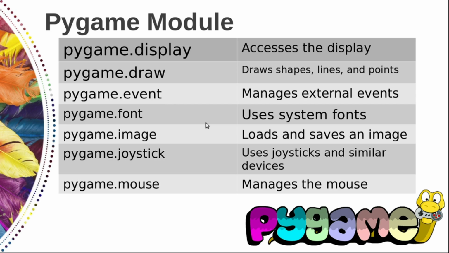Let's say, for instance, pygame.display refers to the display module. Some of the modules you will use in every game. You will always have some sort of display, so the display module is essential. And you will definitely need some kind of input, right? Whether it is from the keyboard, joystick, or mouse. Other modules are less commonly used, but in combination, they give you one of the most powerful game creation tools around.